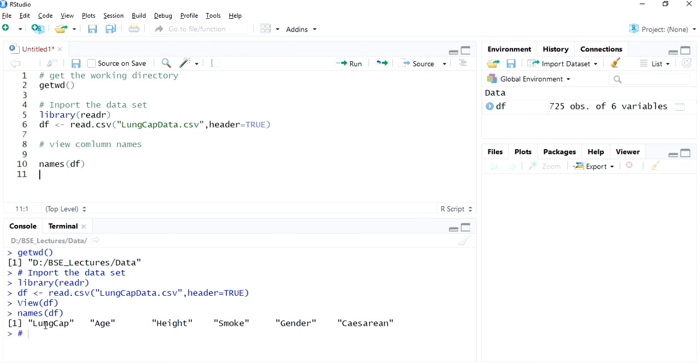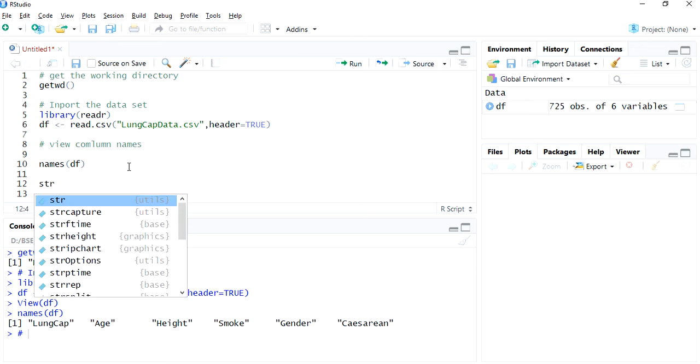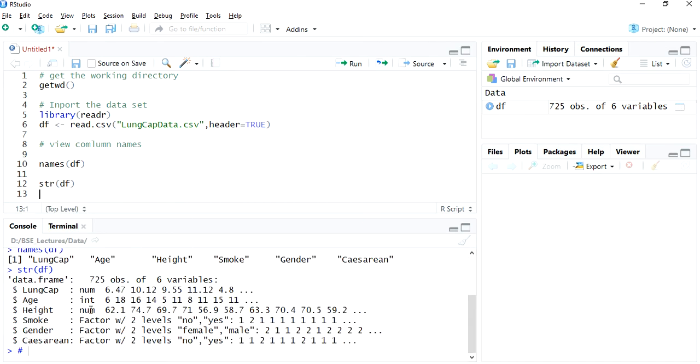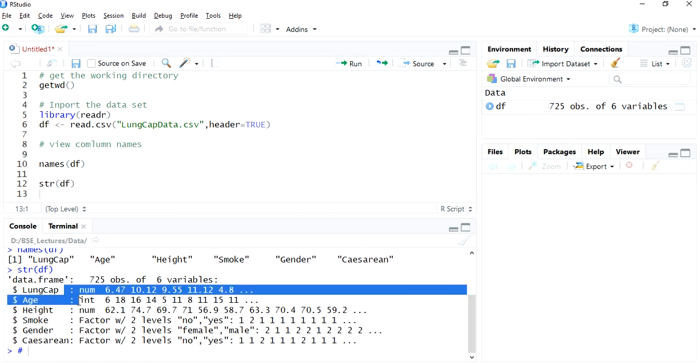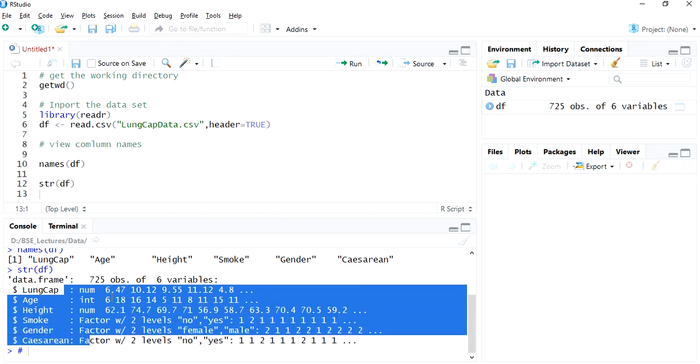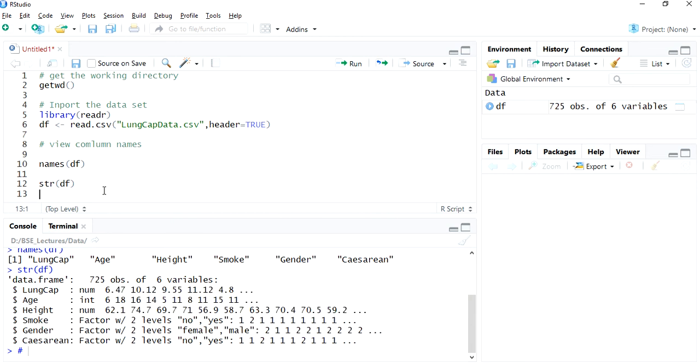So it is saying that these are the column names available. You can also use str, which is the structure of the data file, which will say what the data type is and what the categories are. So lung capacity is numeric, age is integer, height is numeric, smoke is a factor, gender is a factor. Like that, it has given the details.